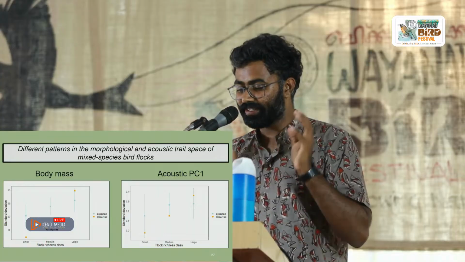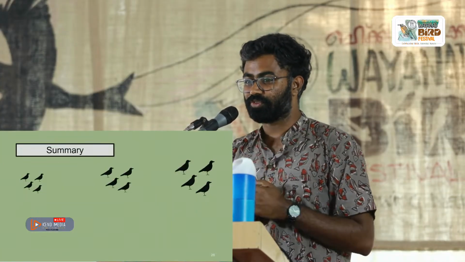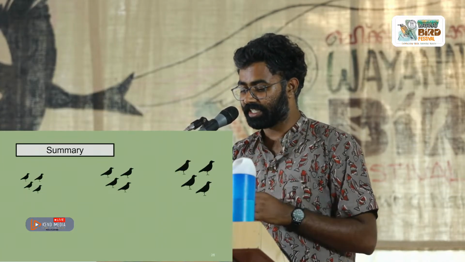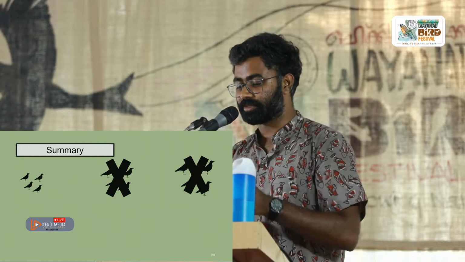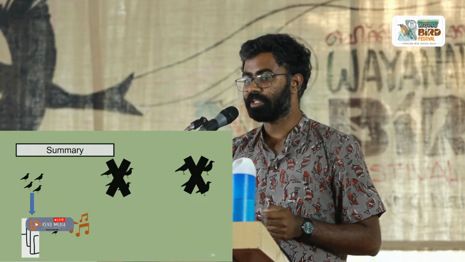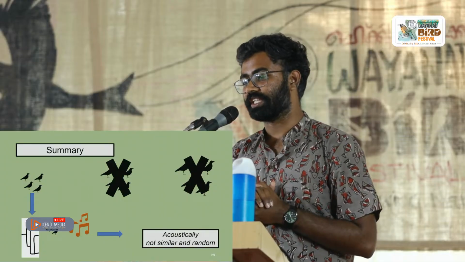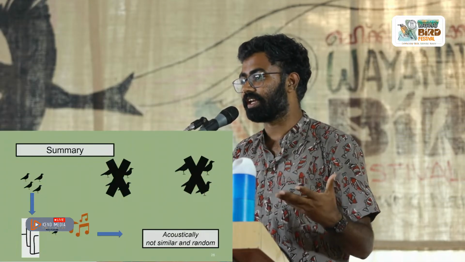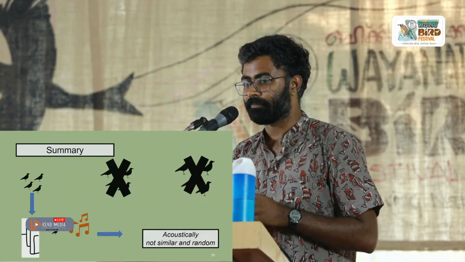Now to just quickly summarize, there is a propensity to flock together with similar size species, pronounced in smaller size species. They are phylogenetically related, extremely vocal, but they are not acoustically as similar, and it is as if they are random groups of species. And we have published this work this year, and please feel free to go through this work,